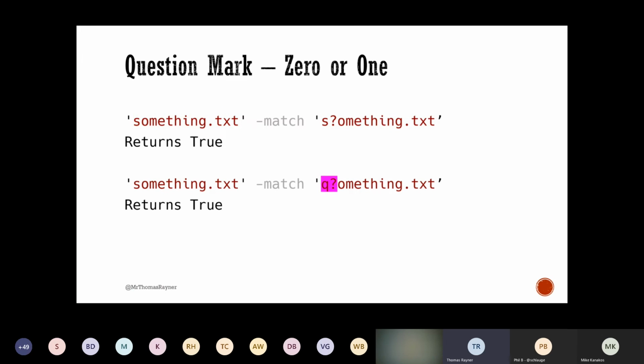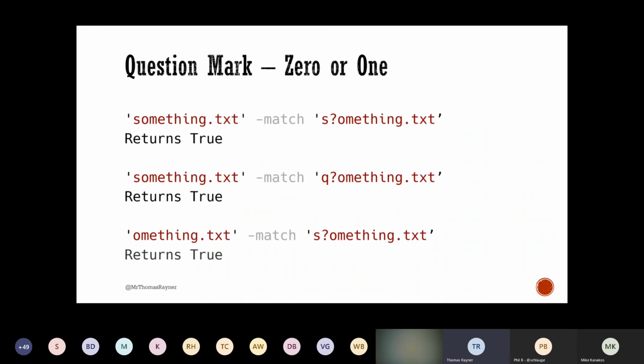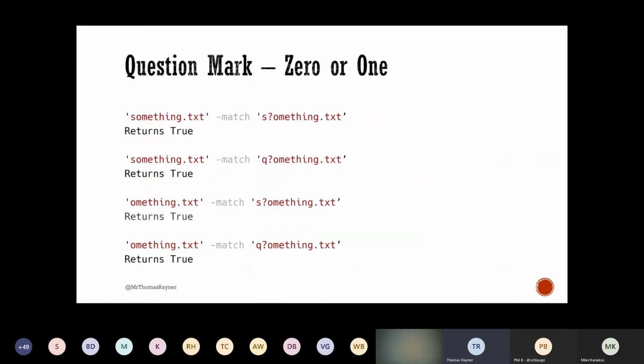And same thing here, 0 or 1 Q. There's the rest of our string. There's the string. And then this kind of underlined area is just denoting that, hey, right there, there is 0 or 1 Q. There's 0 of them there, so that's fine. So that matches. And then 0 or 1, that's true, same thing. Looking for the string, and then, hey, I guess there's technically 0 or 1 S right there. There's 0 of them. So that matches. And then this one's the exact same. I'm just going to skip this.